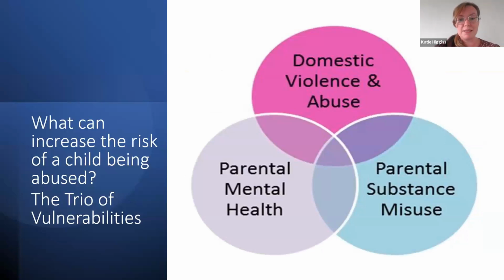So domestic violence, parental mental health, and substance misuse are 3 factors which coexist where families have had significant injuries or child abuse cases in households which have these 3 things. So practitioners are told to be mindful that if you do have a household where there is domestic abuse, mental health concerns and substance misuse,